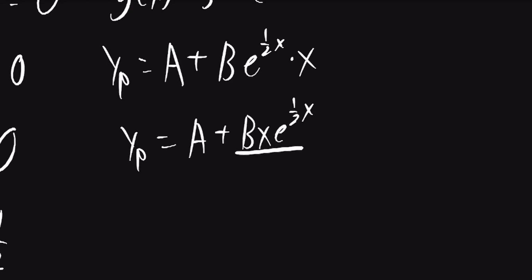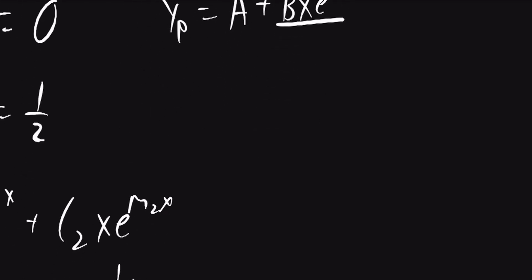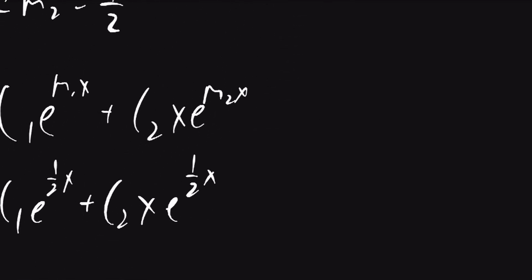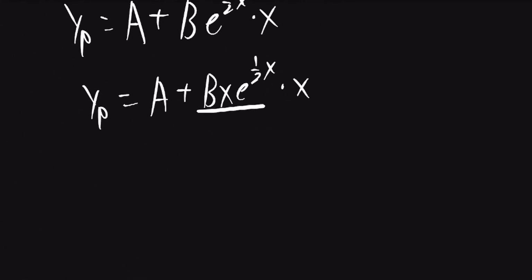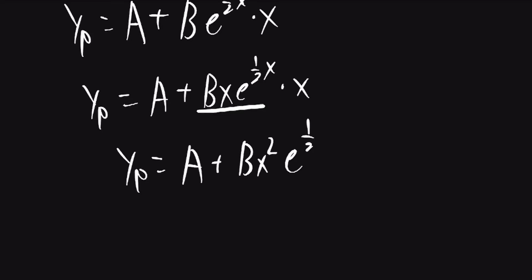However, we also have some constant times x times e^(1/2 x) in our yc. So to fix this, again, we'll multiply with an additional x. So yp is going to be equal to a plus b times x^2 times e^(1/2 x). Now that we have a yp that doesn't have any terms that are included in the yc,